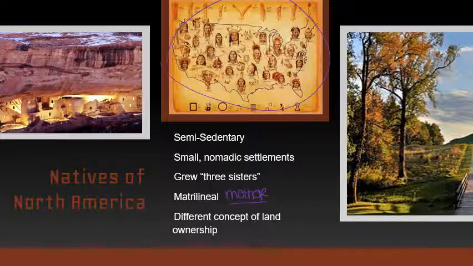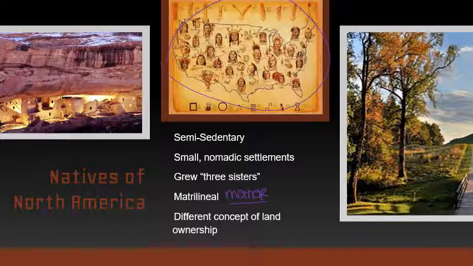They also had very different concepts of land ownership. That's not to say that they didn't think that the land was theirs, and we're actually going to see an example of how important their land was to them, but they didn't think that individual people owned land. They kind of felt like the land belonged to them collectively. And so as a result, they're going to be a little bit more free with allowing people to live on their land because they just don't see it the same way Europeans did.